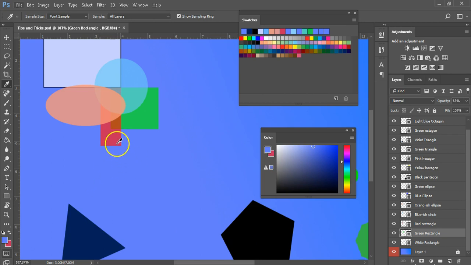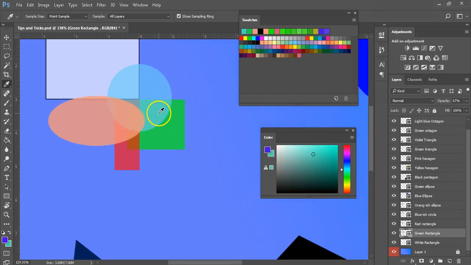Now hold the click for a second. You can see a big circle around your cursor with two shades of color. The bottom shade indicates the current active color for foreground color square or background color square, whatever is currently in selection. The upper shade is what your dropper tool is about to pick. You can hold the click and move the cursor around to see the upper shade change according to the colors under the eyedropper tool. When you are satisfied with a particular color, release the click and that color will be the new active color in active square of the foreground and background square set.